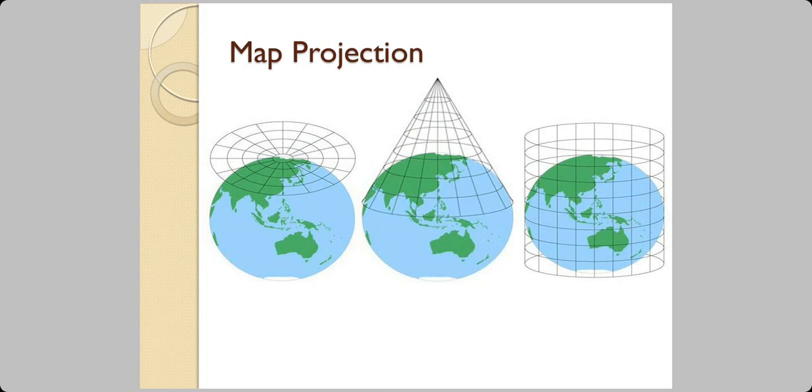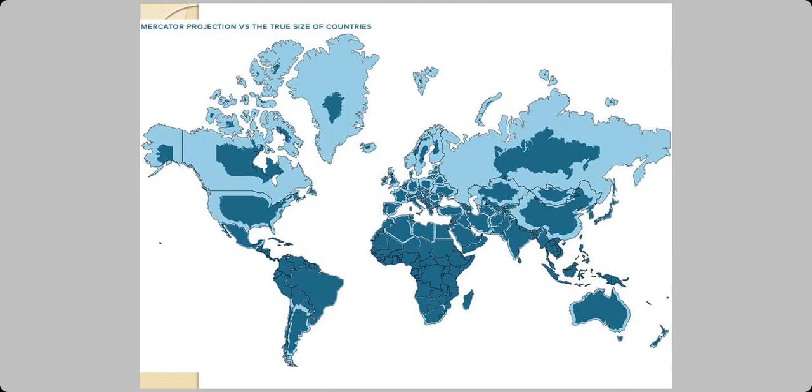All right, so these are methods of making maps, and they are known as projections. They are essential for map making. We have a chapter only on projections, so that we'll be doing later this year. Now, none of the projections are accurate. On the left hand side top of this slide, you read Mercator projection versus the true size of countries.